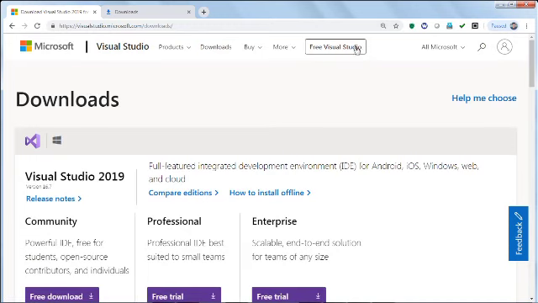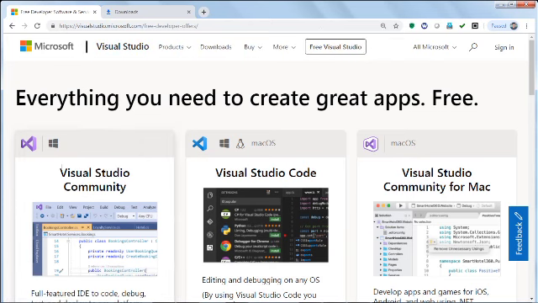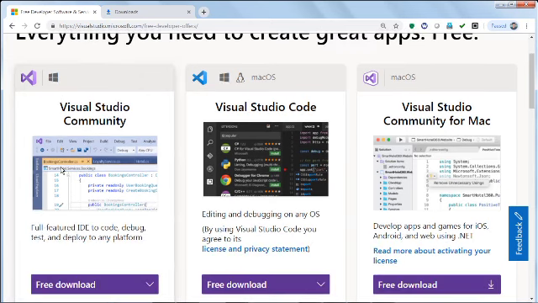Okay, you will see here the tag is free Visual Studio. So you can click here also. Okay, so free version you will get here. So first one is community version.